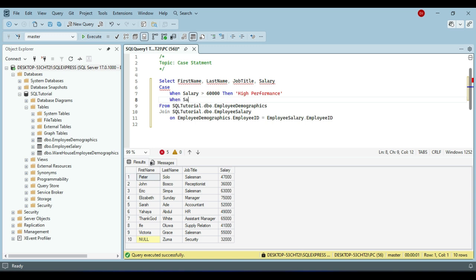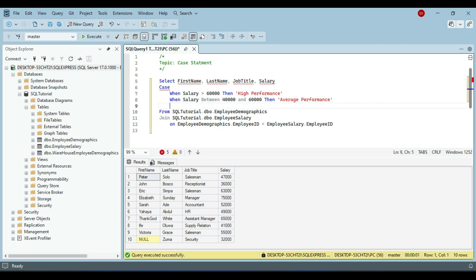Second, when the salary is, just like we did before, between 40,000 and 60,000, then return average performance. Average performance, else